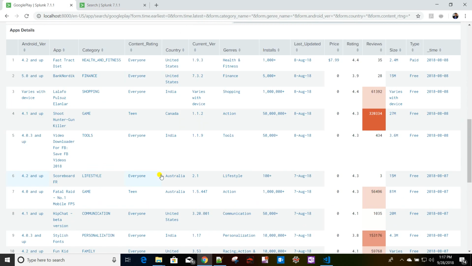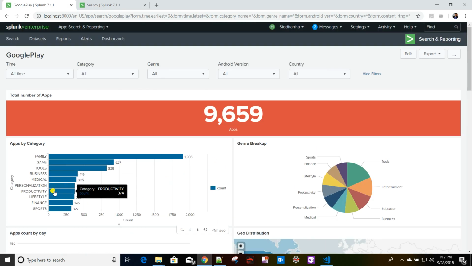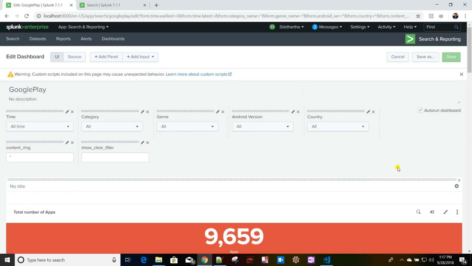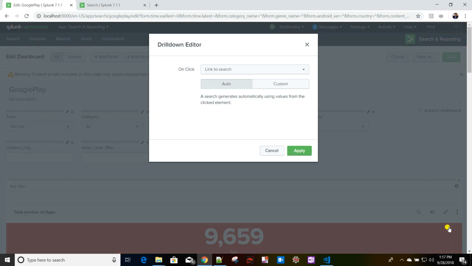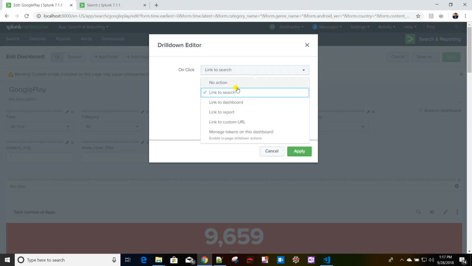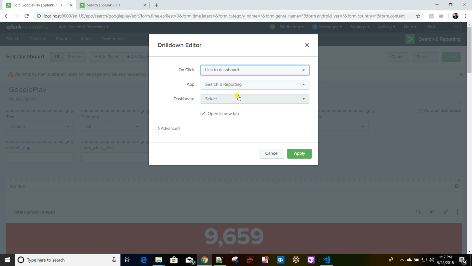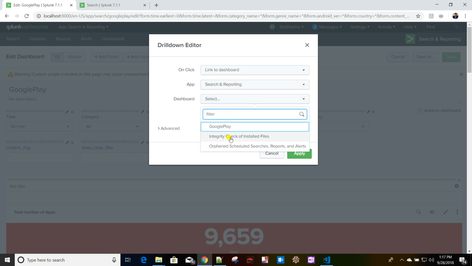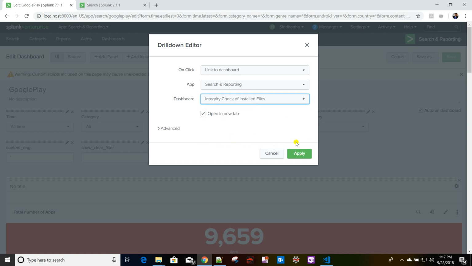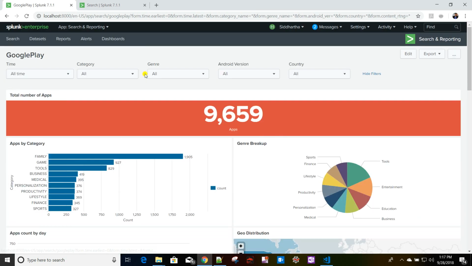And now we'll come back to our single value, where I wanted to show you if there is any way I can enable drill down for single value as well. Yes, we can do that. We'll give a small example where we'll say link to a dashboard. In this it will give you the apps as well where the different dashboards are available. It's search and reporting only. Let's say integrity check of these files. This is by default one of the dashboards that comes with the Splunk search app. So I'll click on apply. I'll click on save. So if I just refresh my dashboard,